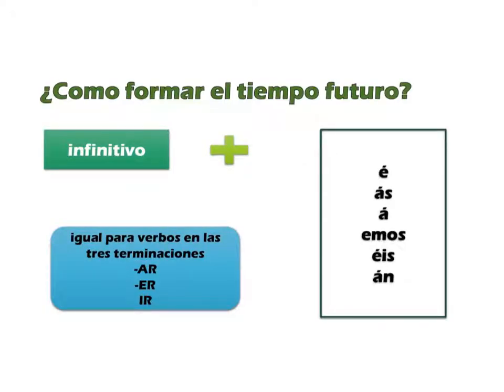Today we are going to talk about the future tense. The basic future tense is a very easy tense to conjugate. How do you conjugate the Spanish future tense? Well, you use the infinitive of the verb. It doesn't matter if the verb ends in ar or er or ir. You use the infinitive and you add the following endings,